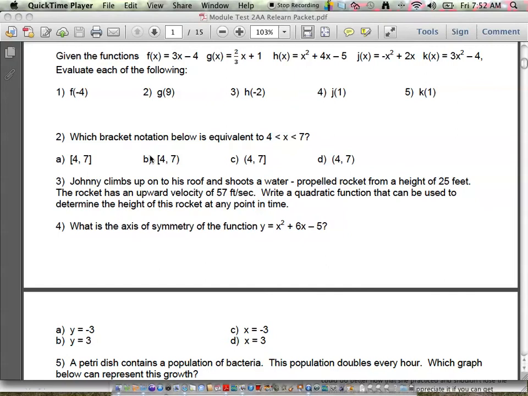Let's go with number one here. We actually got several number twos and so on, but as we go through number one, what we have here is, given the functions, evaluate each of